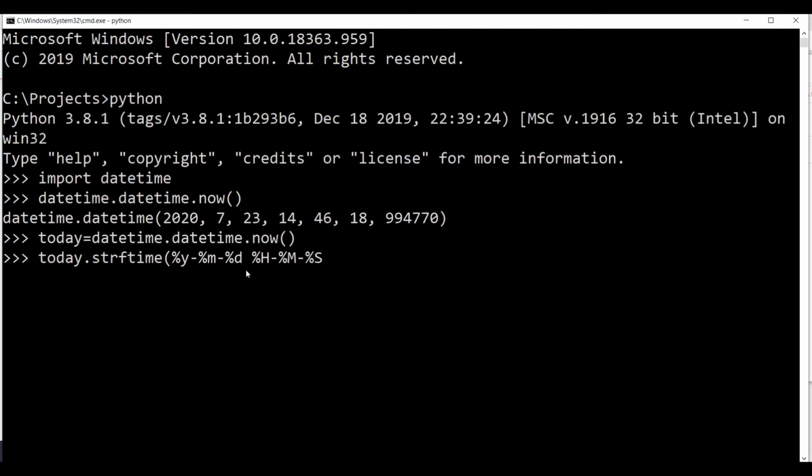Let's write it in more colon way, as time is to be represented with colon, and this is a string part. So I will put apostrophe here and then braces close, enter, and here I got year, then month, and then date. Similarly, the time over here. So this is how we can represent current date time.